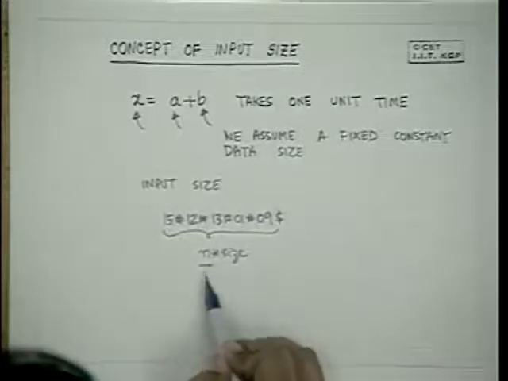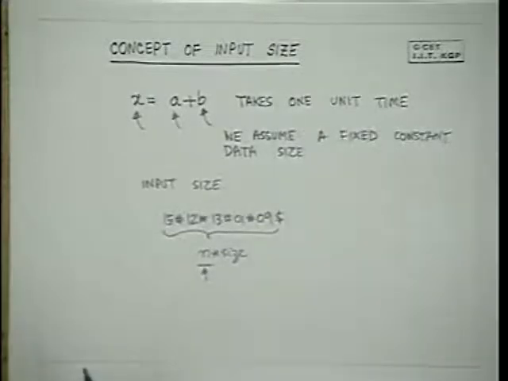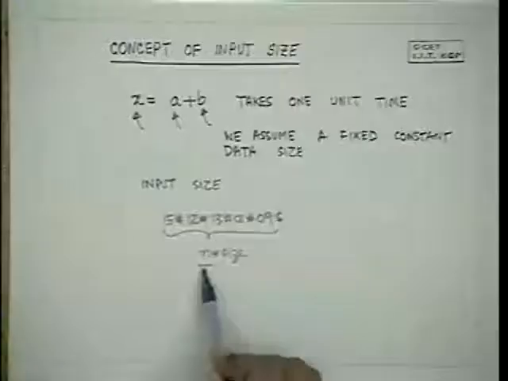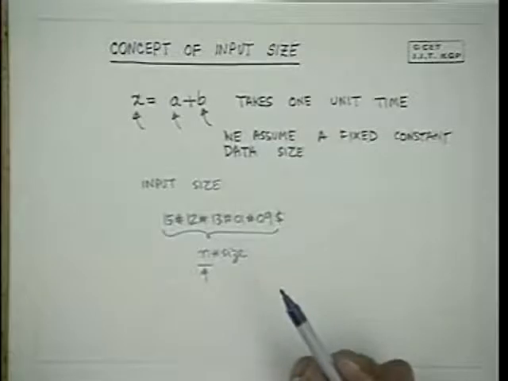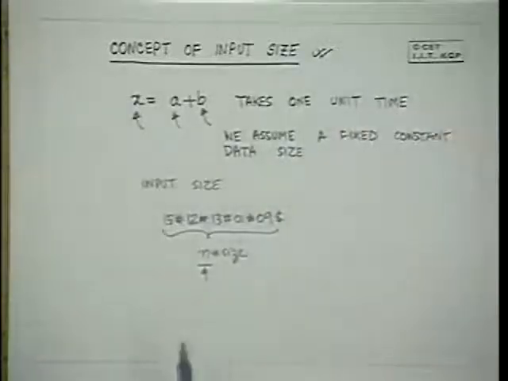So that will be the input size n. This way, whatever way you do it, the size of your input will be a function. Otherwise it will be a constant for all algorithms, or it will be a function of the same n for all algorithms. It cannot be a constant in one case and a variable in another case. So we have to be very clear about this input size. There are other issues about input size which we shall come to a bit later on.